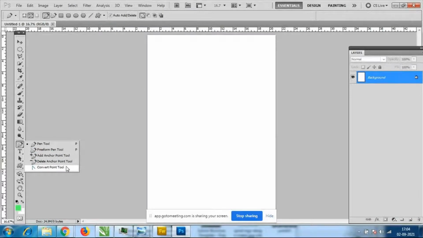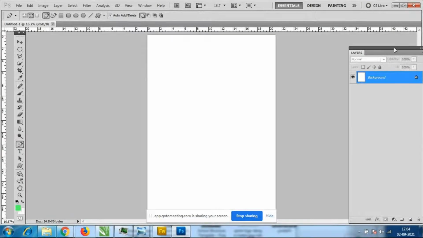Okay, why are we using this pen tool? What are the uses of the pen tool? Mainly, the pen tool is a very important tool. Using this pen tool we can create shapes. Whatever shapes we want, we can create like this. We have to cut any shape, neatly cut any object, any of the photos, or the shape of any of the designs. So we have to use the pen tool. The shortcut of the pen tool is P. Okay, we will go to this pen tool. It is a little difficult to use.